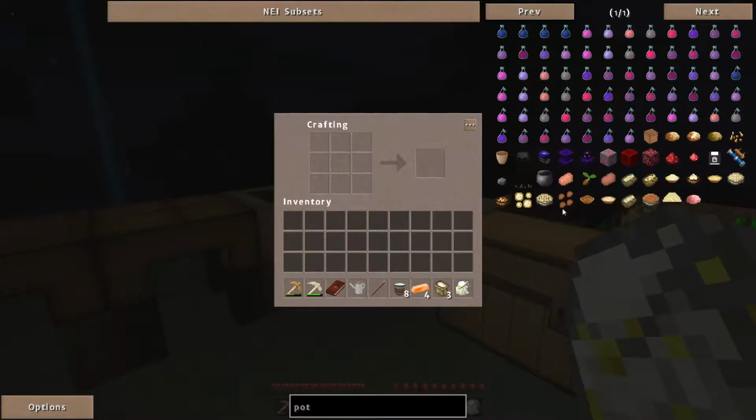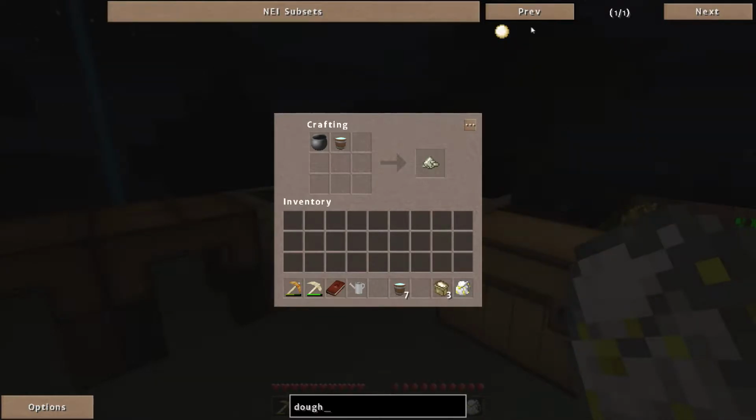Oops a daisy, wrong one. This pot. There we go. So we need that. Some fresh water. And we're trying to make dough, aren't we? So let's make 3 dough. Just because we've got it. So I need to do 2, 3. So 1, 2, 3 salt. And then we should be able to make...